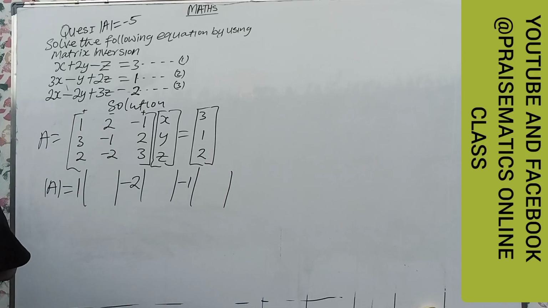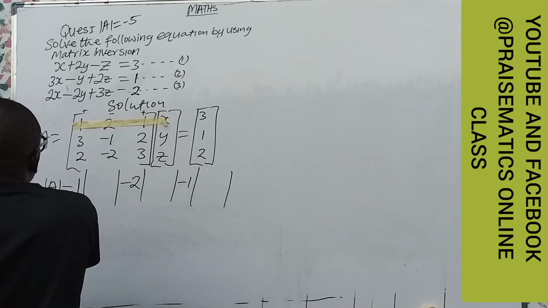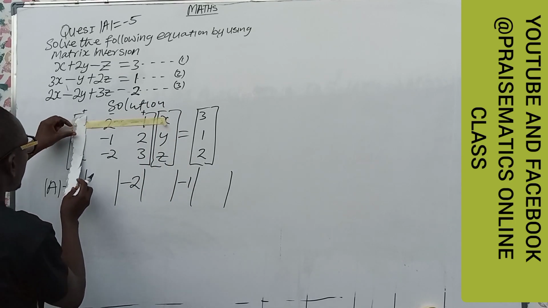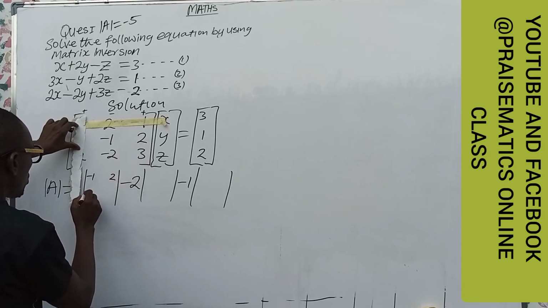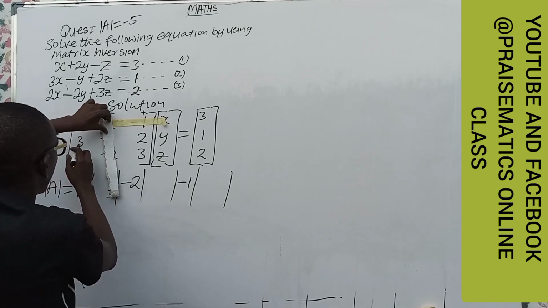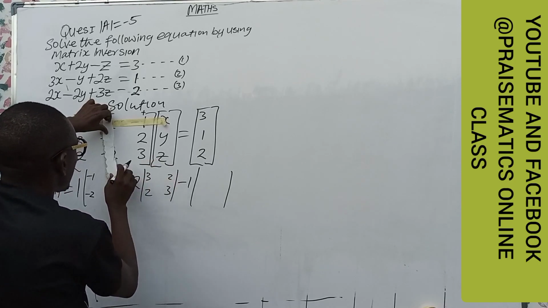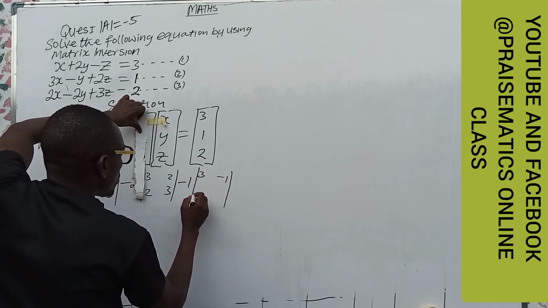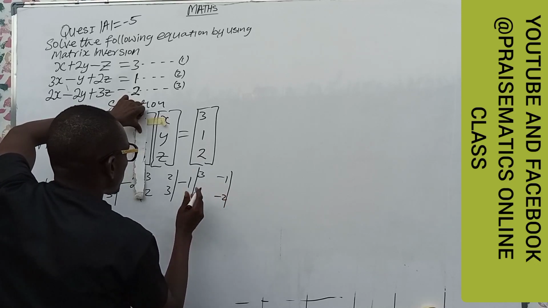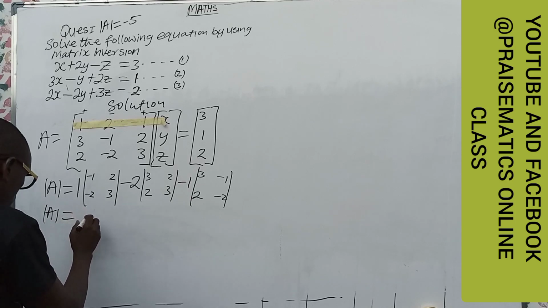Now what do we have? Pick the first row and cover it. We have this one as minus 1, 2, minus 2, 3. Close it. What do we have? 2, 3, 2, 3. Close this one. What do we have? 3, minus 1, 2, minus 2. So we are done. We have this as our A determinant equal to